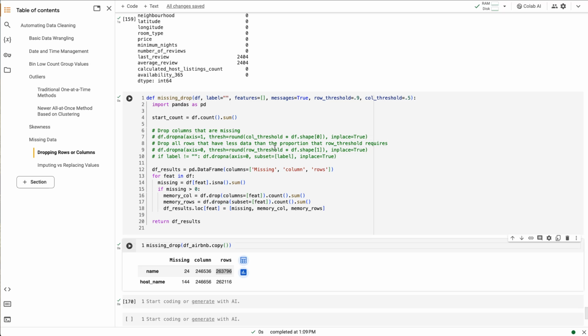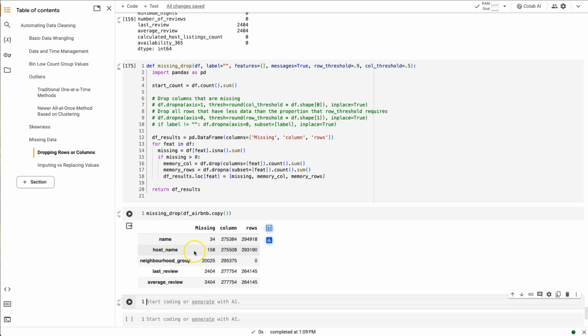So for a moment, I'm going to take this out actually, just so you can see this with all the missing data. Okay, we actually get all of these. So neighborhood group, that one has every row missing. If I were to dropna on that one, I'll have nothing left. But if I drop the column, I'll actually have the same amount left that I started with. So what I'm getting at is for this dropping algorithm to work, I want to now sort by getting the max value in either one of these at the top, and then find the name of that column and drop that based on that column name, whether it's the columns that are highest or the rows that are highest. So for example,